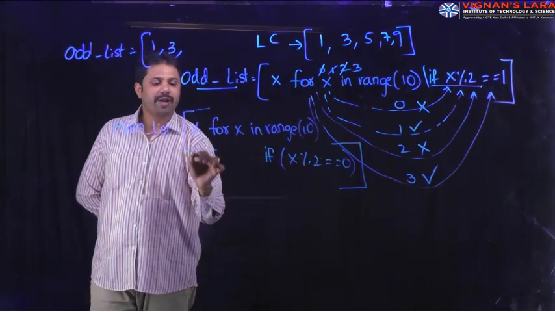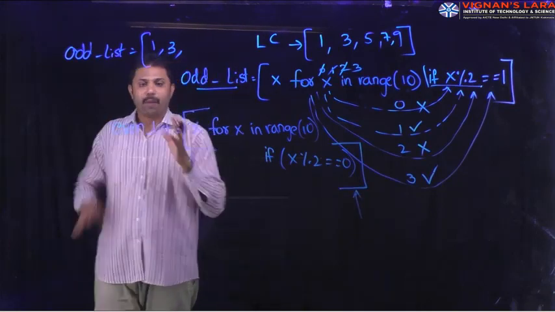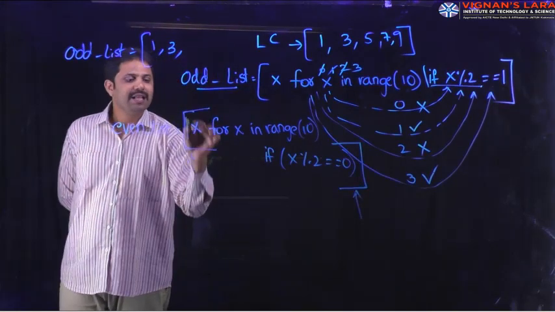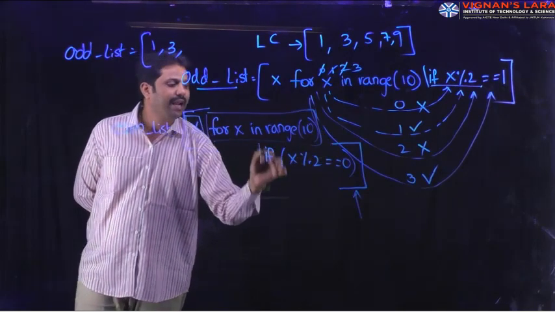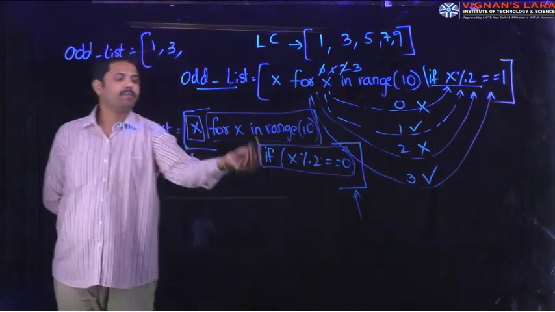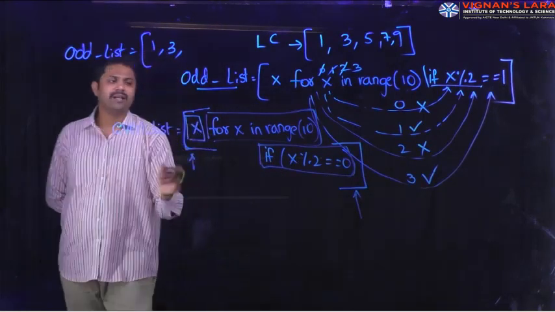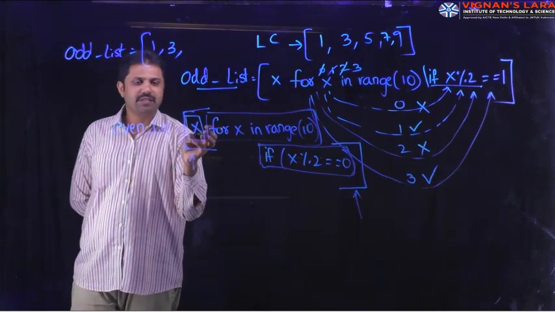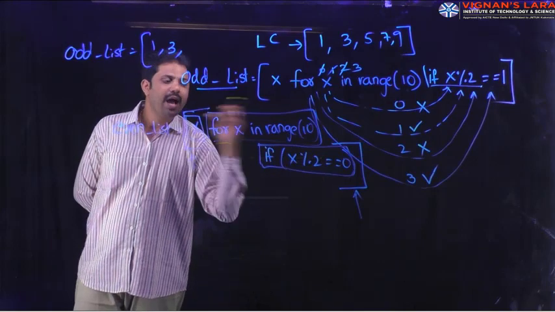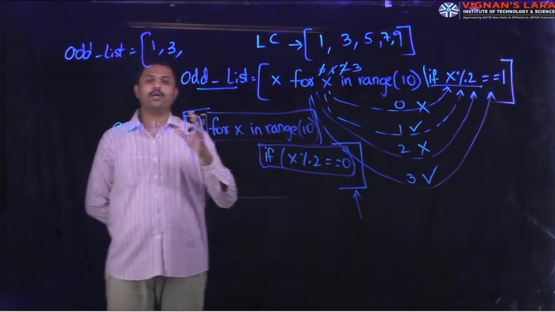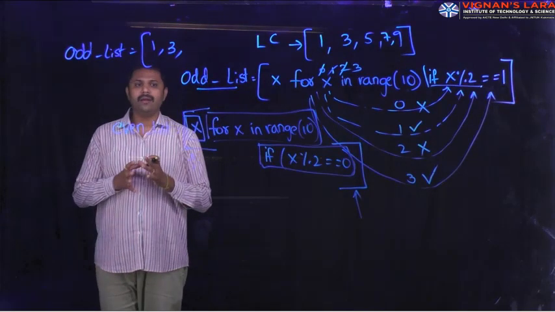So this is the starting of the list and this is the closing of the list. Here it is partitioned into 3 parts. This is the variable part, this is the looping part and this is the condition part. There is no need to write commas or anything. So this is the variable part, that means the variable you want to store, and this is the looping and this is the condition part. We are going to divide it into 3 parts. So this is the second program in list comprehension.